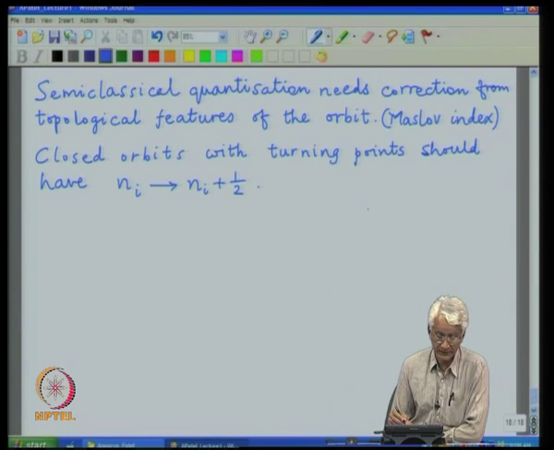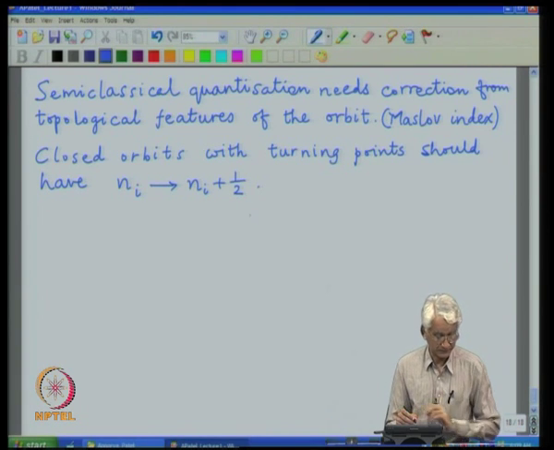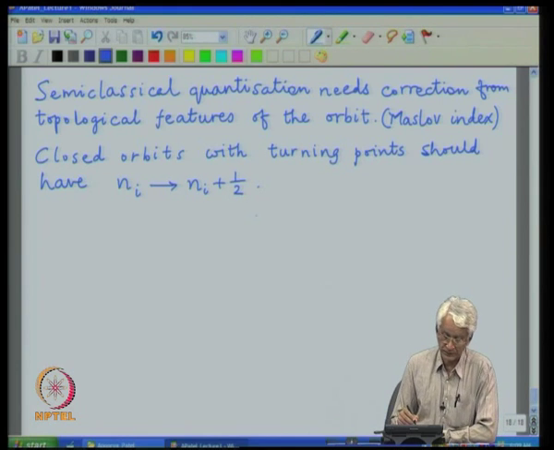So Sommerfeld actually derived the correct answer without knowing anything about the spin, by this curious shift of half by two different contributions. So spin